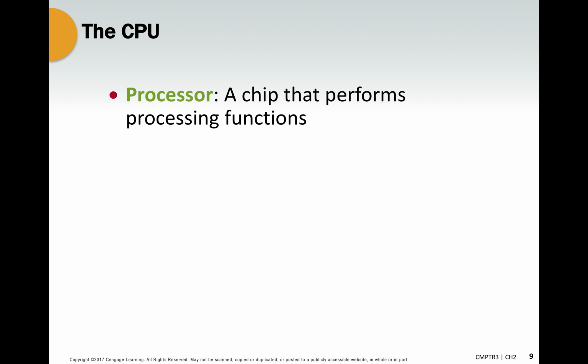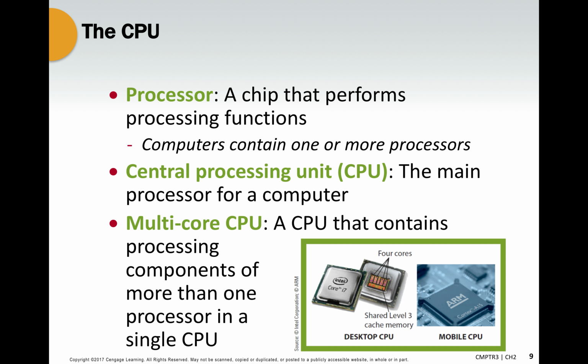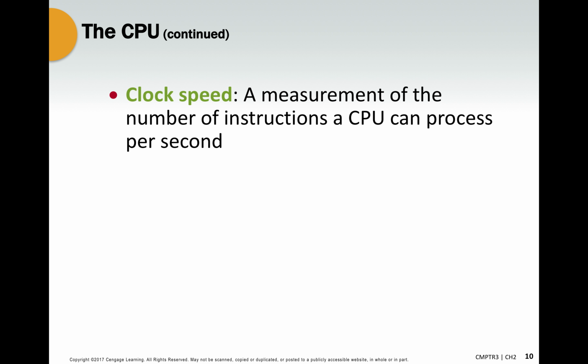And then also we discussed a little bit of the CPU, which is your central processing unit. It helps your computer perform different functions based on the different processors. And then we talked about multi-core CPUs and a CPU that contains processing components for more than one single processor. So we're going to continue on with that information